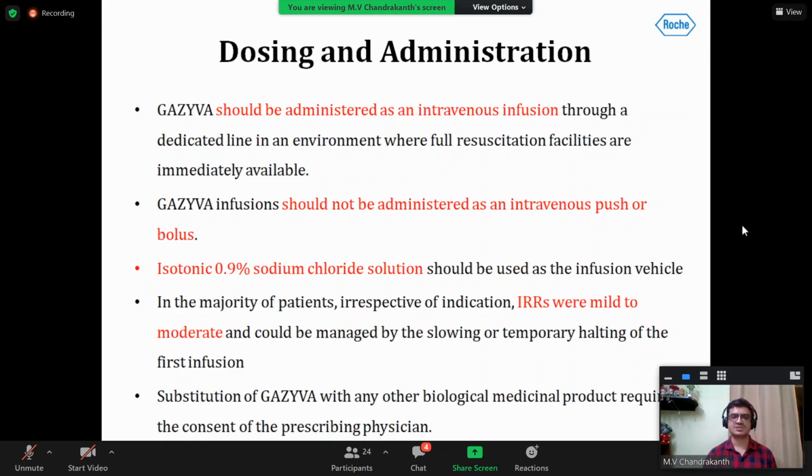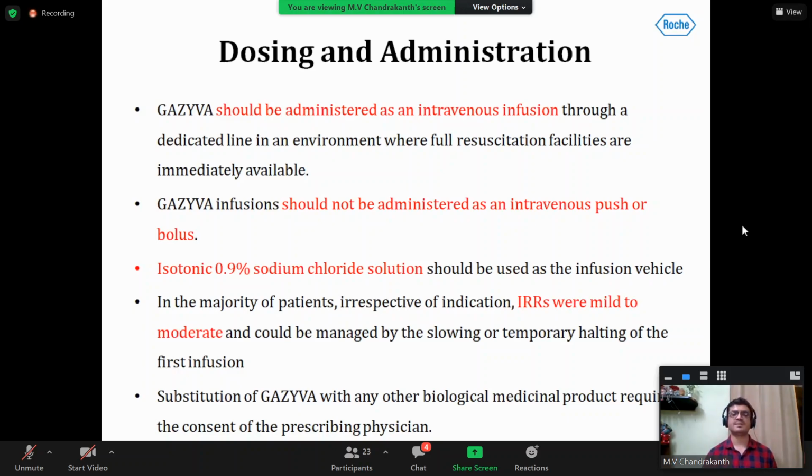So Gazyva infusion should not be administered as an intravenous push or bolus, because these are monoclonal antibodies. They incite extreme allergic responses. Therefore, they have to be given slowly, gradually, 25 milligram per hour, as I discussed, on day 1 for CLL, and then divide into day 2 and slowly increase the infusion rate up to 400 milligram per hour, depending on the tolerance. So isotonic 0.9% sodium chloride solution should be used as the infusion vehicle. In the majority of patients, irrespective of indication,